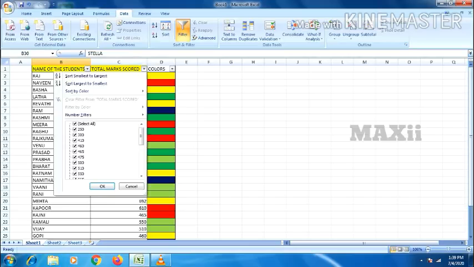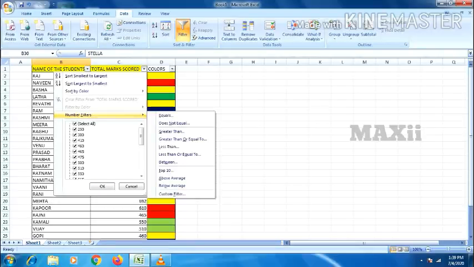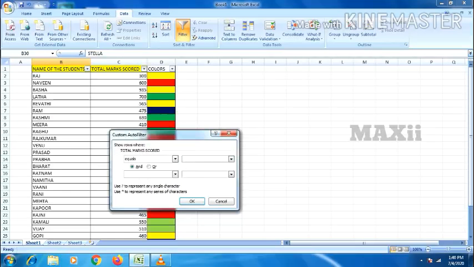There's another option, Number Filters. If you click it, I can see other options like equals, does not equal, greater than or equal to, less than or equal to, between, top 10, above average, below average, or custom filter. You can use all these options to filter the data. If you want to filter with equals, to see the data of those who scored only 500, just click 500 and give OK.